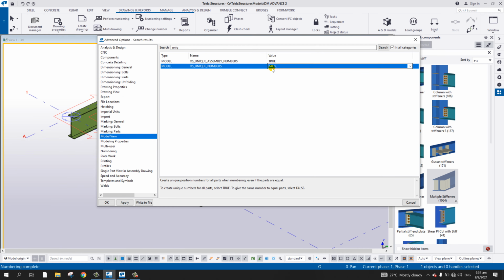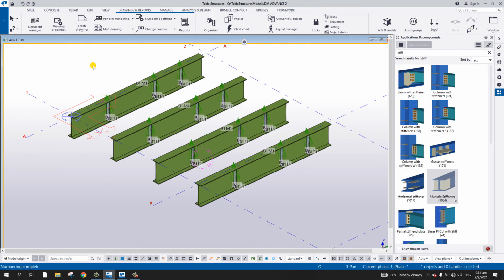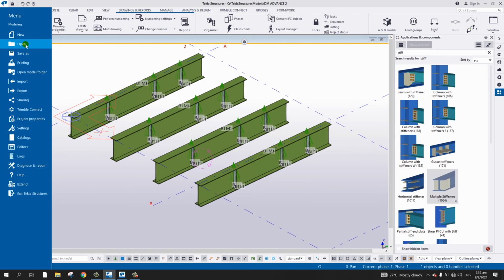And then this one, position number of all the parts when numbering, even if the parts are equal. That is the meaning of unique number. Here, create unique position number for all parts when numbering, even if the parts are equal. So I'm going to apply this one. Apply and okay. And then let me reopen